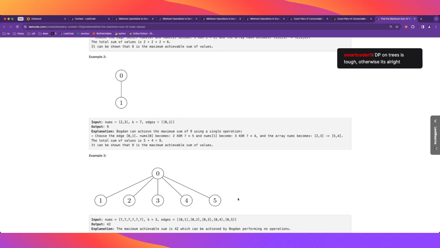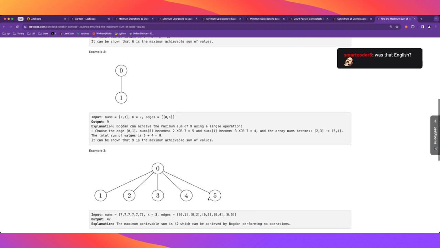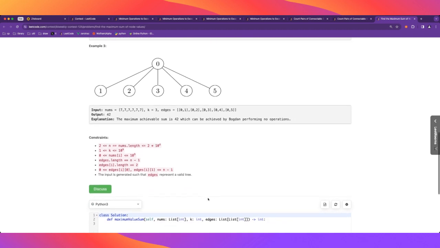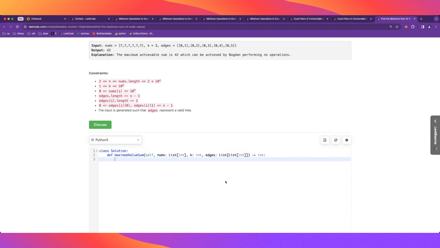there's a quote that says, "Never attribute to malice that which can be adequately explained by stupidity." So I think this is a mistake from LC. DP on trees is tough, otherwise it's all right. So yeah, here it's a little trickier. At least this is what I did. I don't know if there's a simpler way, but